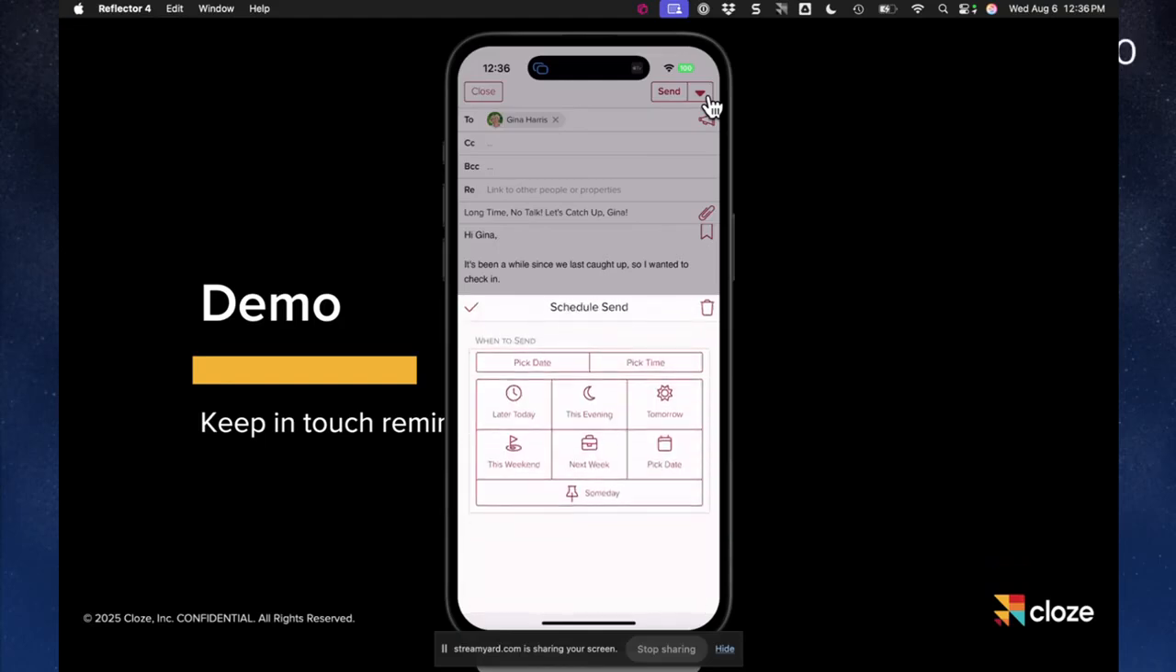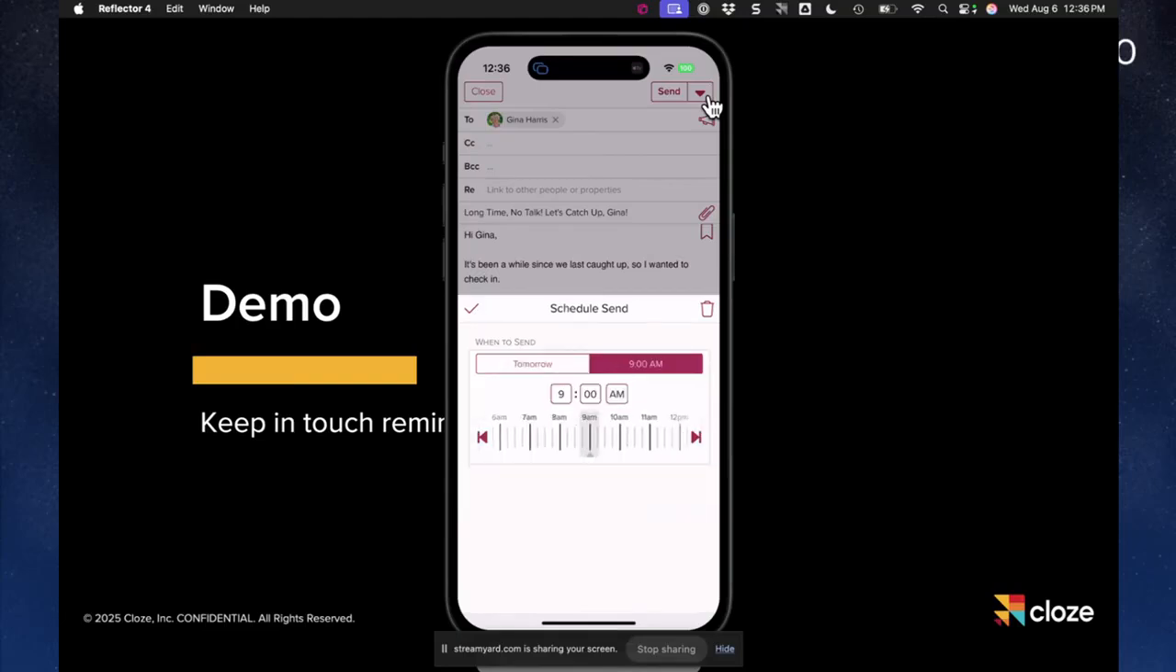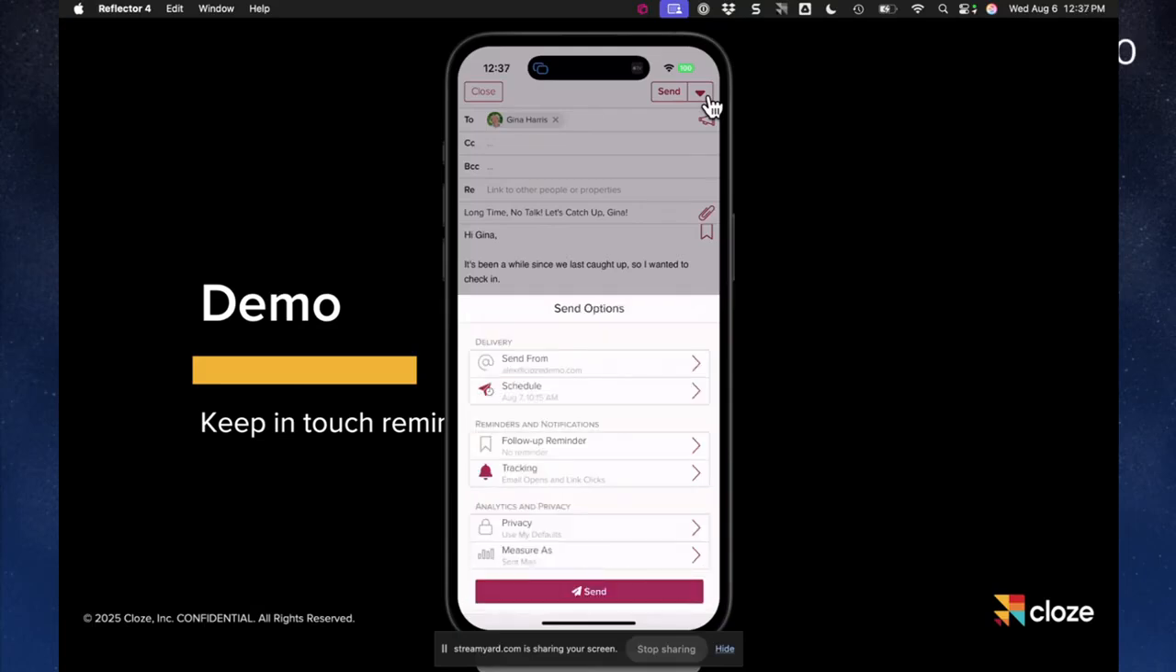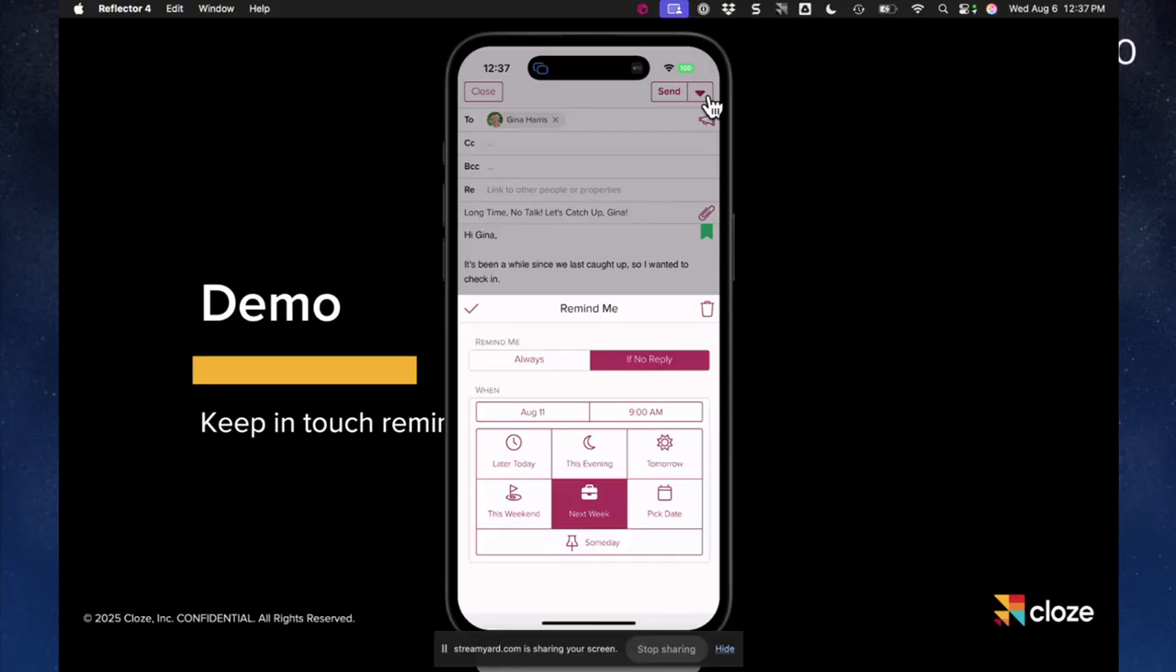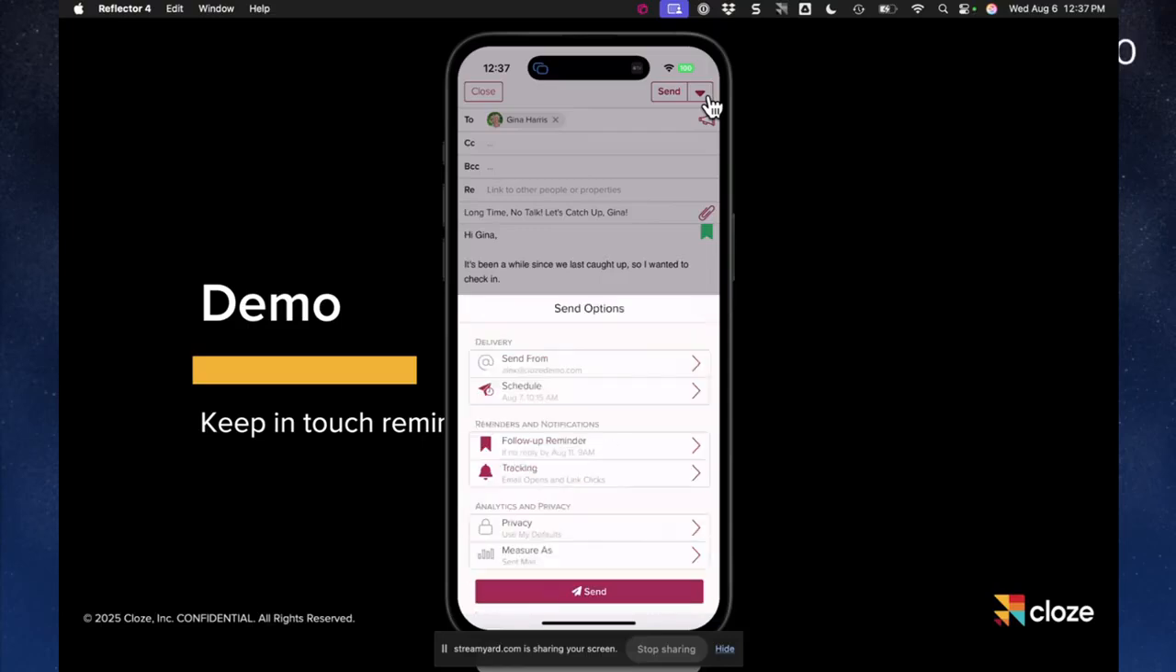I could schedule this to go out tomorrow. So if I wanted to go out tomorrow morning at 10:15, tap on the check mark and do that. I could set a follow-up. So let's follow up next week if she doesn't reply to me. Great. And then when it comes to other features in here, the bell icon right there, where it says tracking,